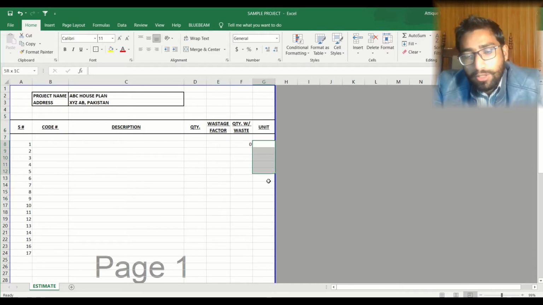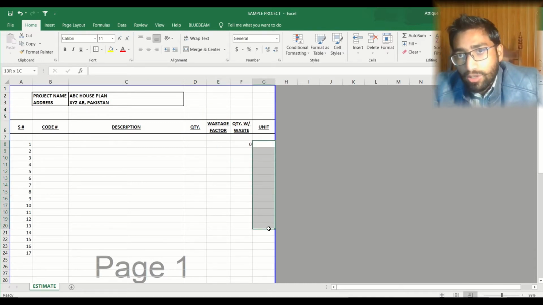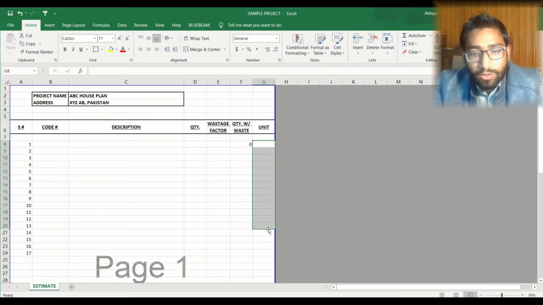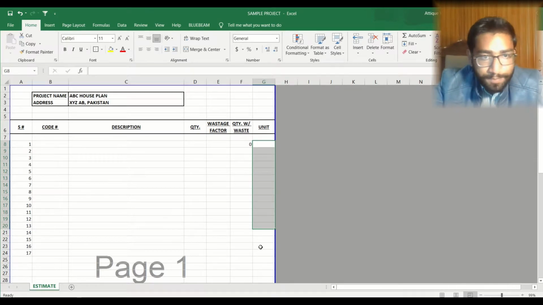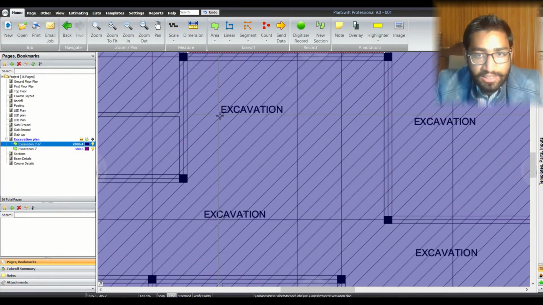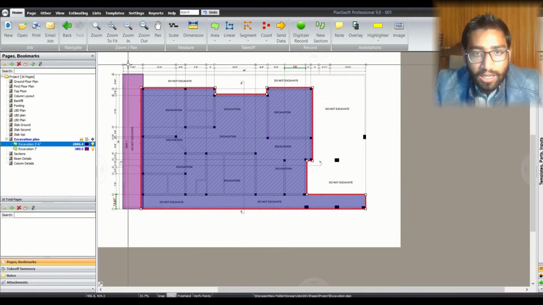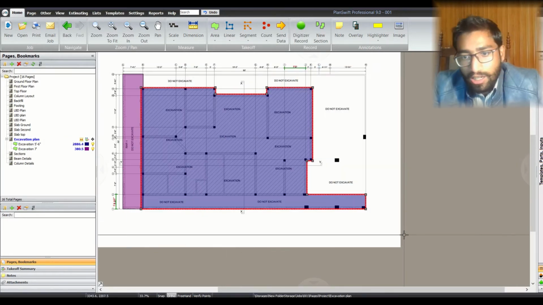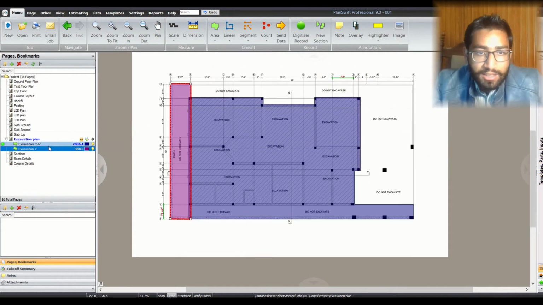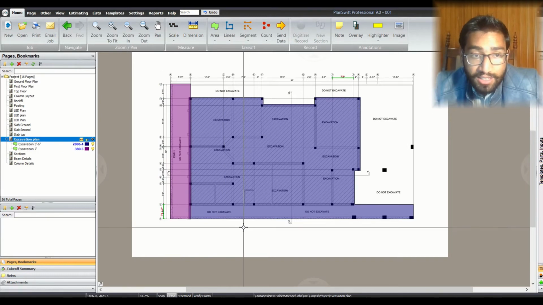And finally, you will have the unit of the quantity in which you are going to use it. Okay, without further delay, let me move to the plans. Here we have excavation 5 foot 6 inches. Which one is this excavation? Actually, a large part of the excavation is 5 foot 6 inches deep. And secondly, we have this quantity of excavation at 7 feet.